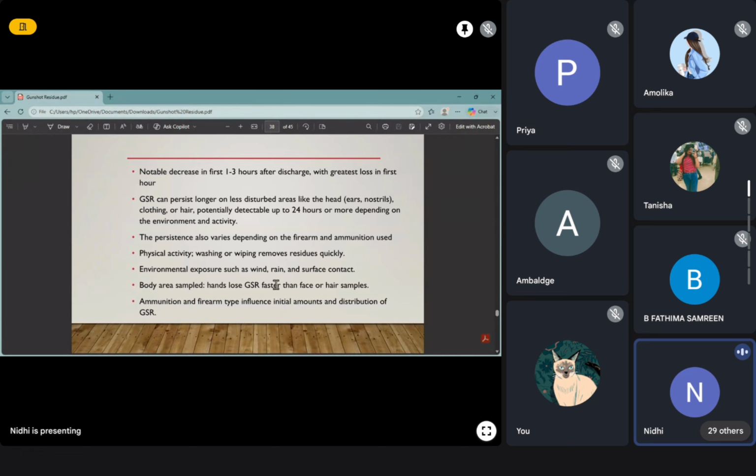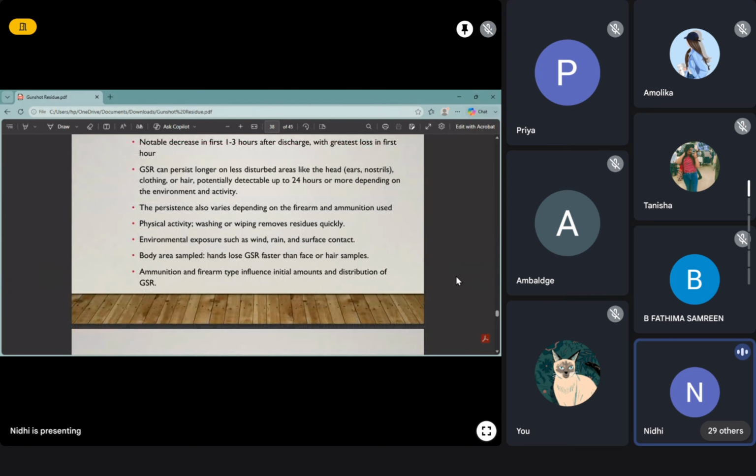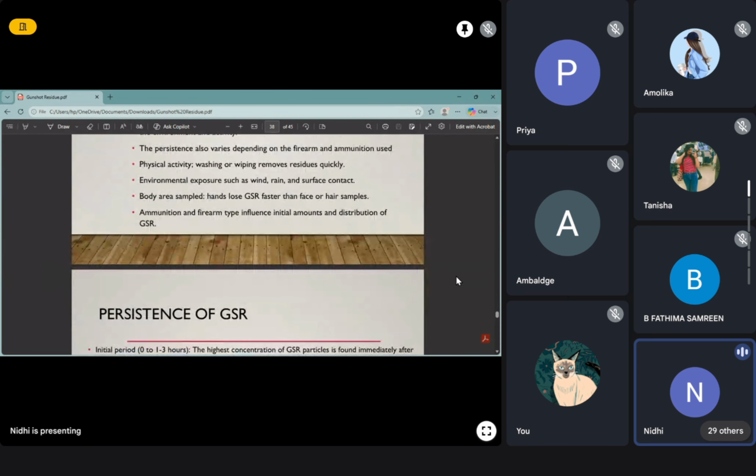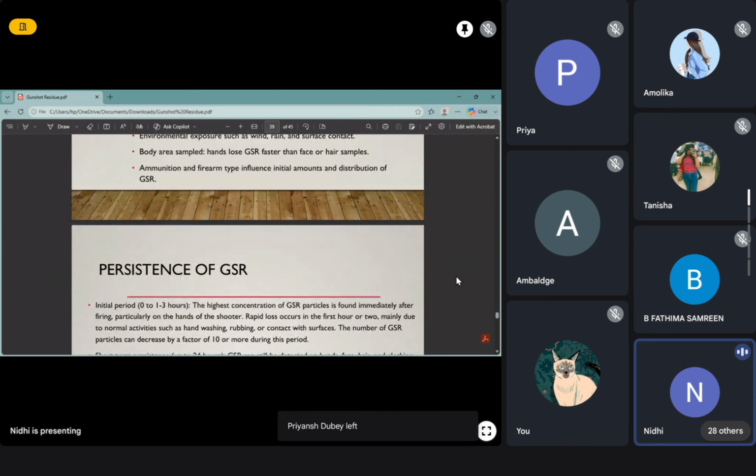By activity here we mean, what if that person takes a bath, what if that person cleans their ears, what if that person washes their hair, so we won't be able to find that GSR. The persistence also varies depending on firearm and ammunition used. Then there is physical activity like washing, wiping or removing of residues, and environmental exposure such as wind, rain, and surface contact. Body area sampled: hands lose GSR faster than face or hair samples because people wash their hands